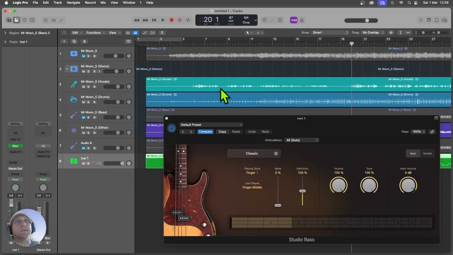So we're now hearing the other instrumentation and the vocals along with our new MIDI bass. Climbing up their garden wall, trying to pick some